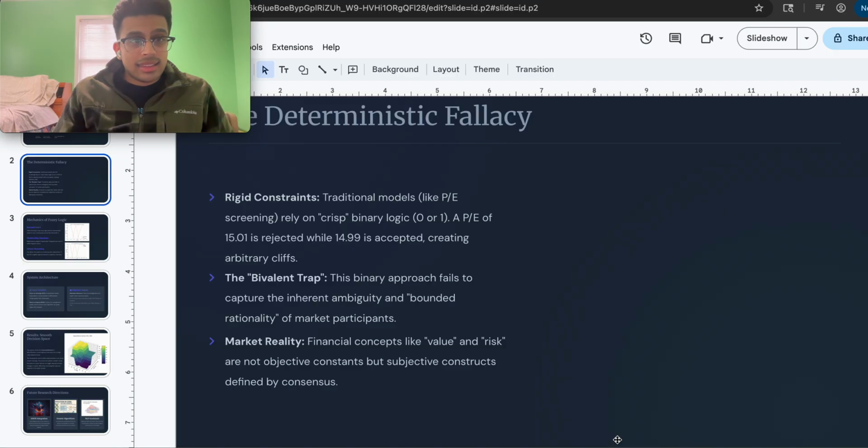Now, let's say this happened when Google was trading at 190 a share. I don't know if you follow the stock market, but right now Google's trading at over 300. That PE ratio would have cost you a 40 to 50% gain in the stock. I give this case study just to highlight that there's a trap with the binary approach. If you just look at the raw numbers, you'll get stuck and you won't make a more informed decision. You need to be able to capture what the raw number means in a particular market.